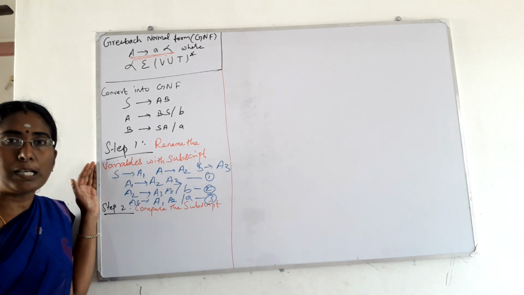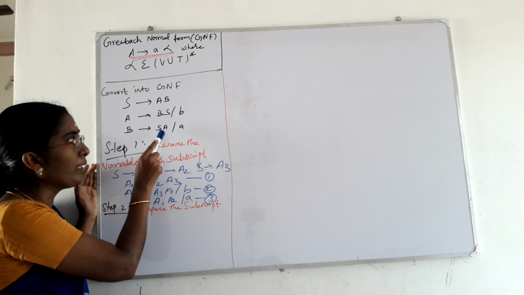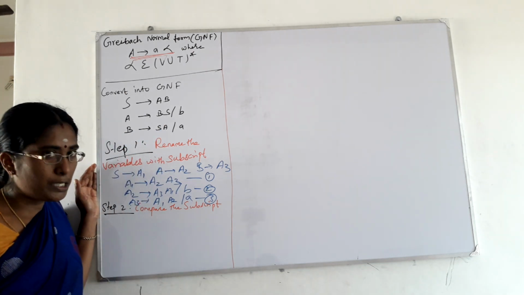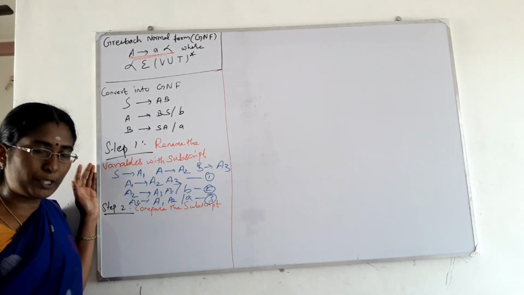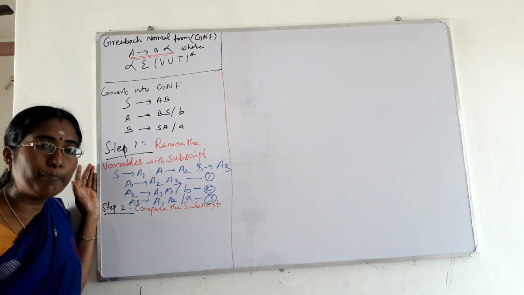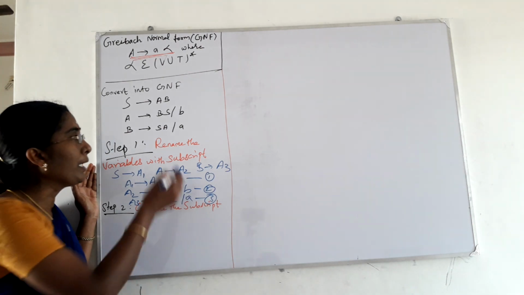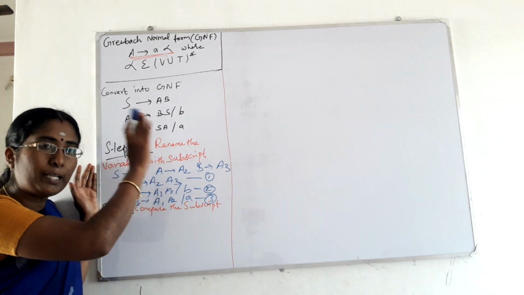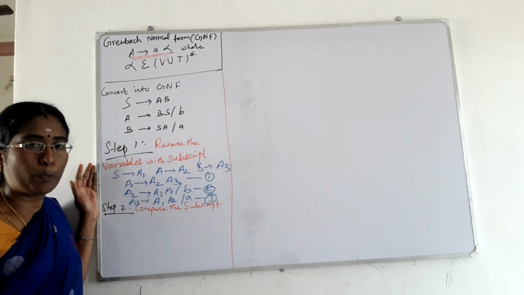Now we will see an example problem. Here this is the given grammar. See here, the grammar given is already in CNF form. Now directly we will convert this into GNF. If the given grammar has some epsilon production, unit production or useless production, first we will eliminate those productions and then convert into CNF. After that only we will convert the grammar into Greibach normal form. But in this example there is no epsilon production and the given grammar is already in Chomsky normal form. So directly we will convert this into Greibach normal form.